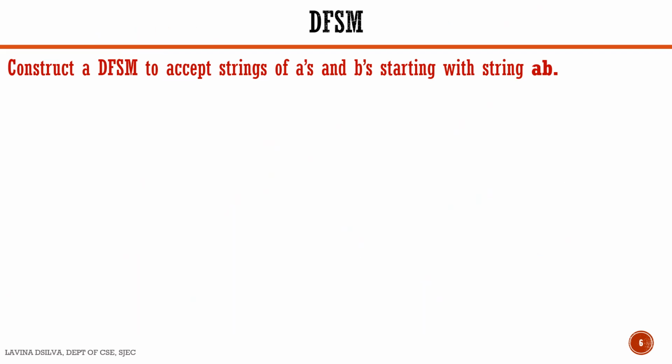The skeleton DFSM went like this. We had state Q0. On the state Q0 we give an input symbol A, so Q0 goes to Q1, and then on receiving B, Q1 went to state Q2. This was the skeletal DFSM, and we had to define 4 transitions, that is on Q0 B, which state do we go? On Q1 if we give an input A, to which state do we go?